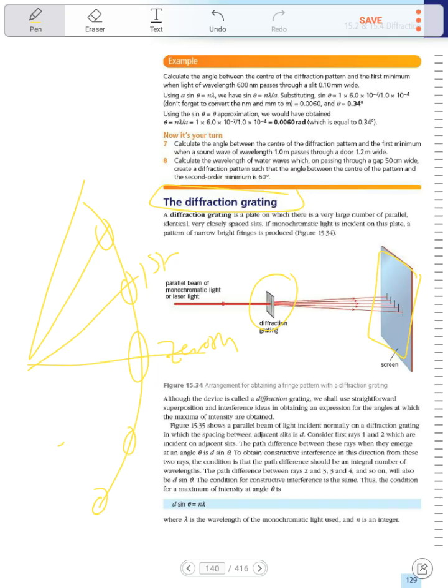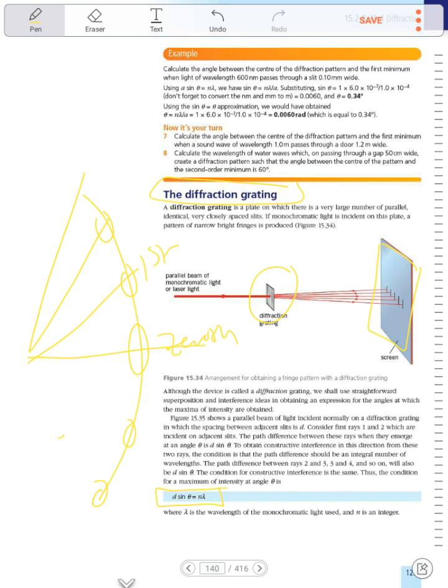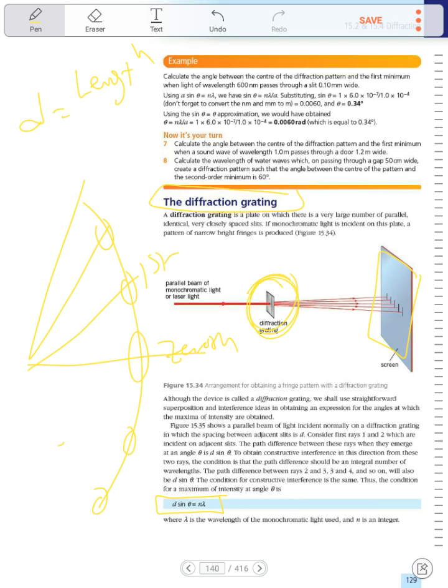Now, what is the law used for calculating the values? It's d sine theta equals n multiplied by lambda. What is d? d equals the length of the diffraction grating divided by the number of slits in it. So if it's given as 10,000 slits in 1 millimeter, you divide 1 millimeter by 10,000. Sine theta is the angle between the 0th order and the bright fringe